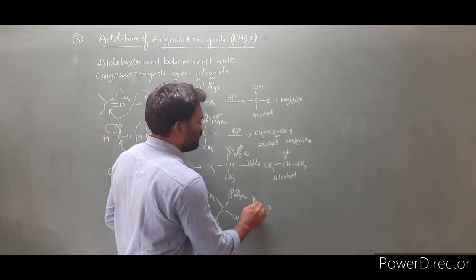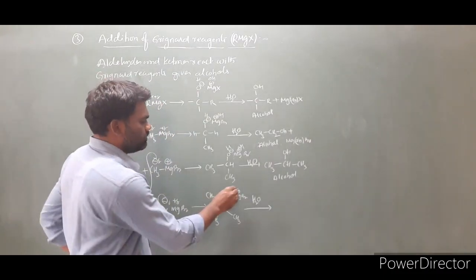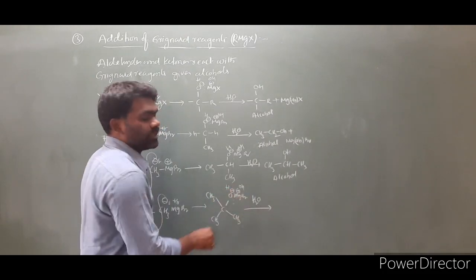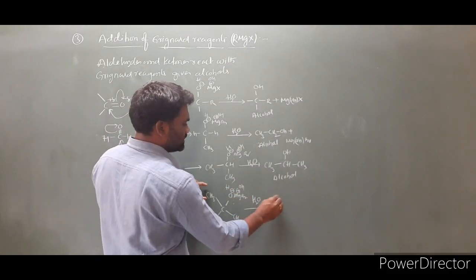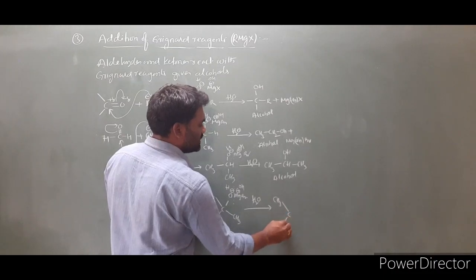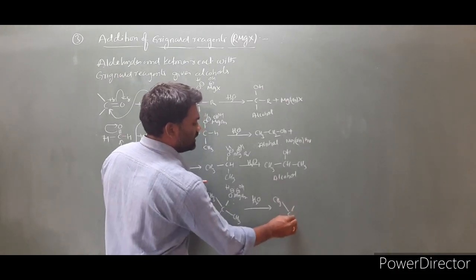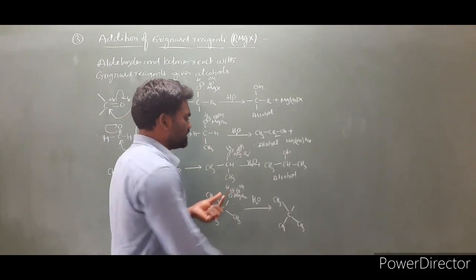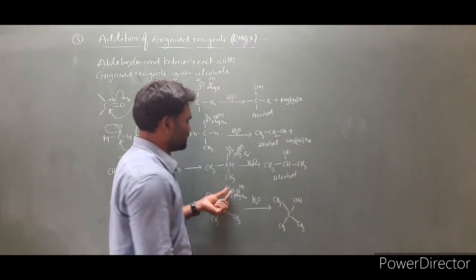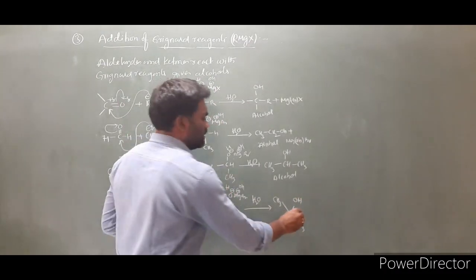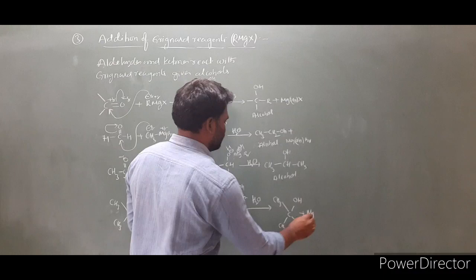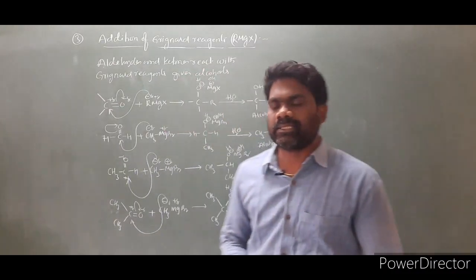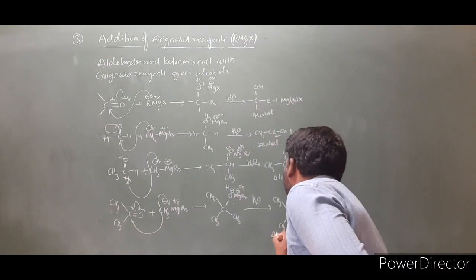Then we have to add water to it. Then break this bond. Here is H, here is OH. We are adding HOH. Then the product is CH3, CH3. This remains the same. This CH also remains the same. Then this is O minus, and this H will become OH. The remaining we have is MgOHBr. This is the product. And the product we got is alcohol.